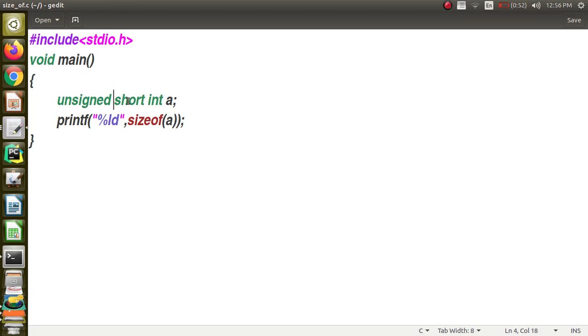The leftmost bit is reserved for indicating the sign. Bits can hold only 0 or 1, so 0 is for positive and 1 is for negative.